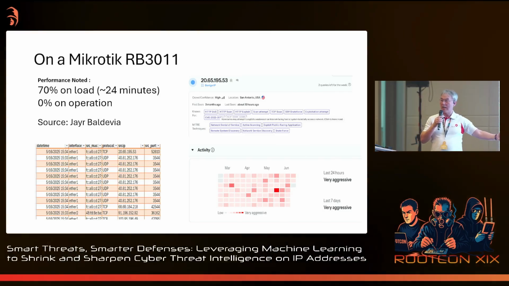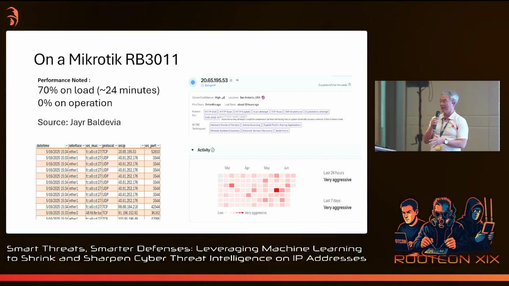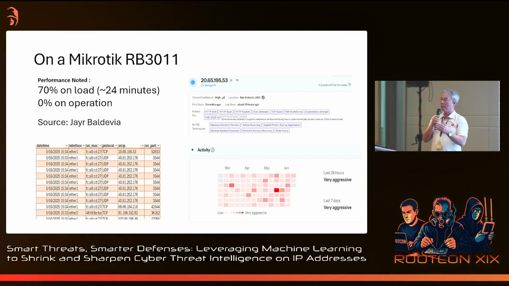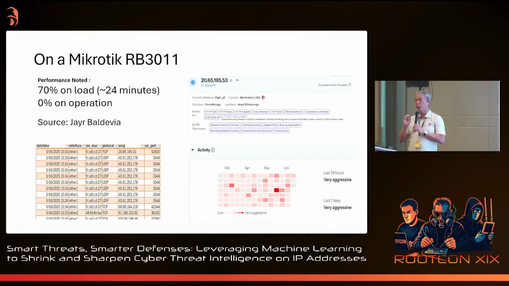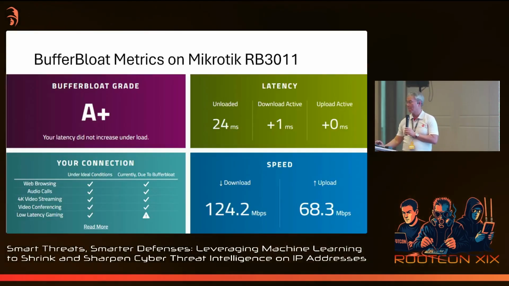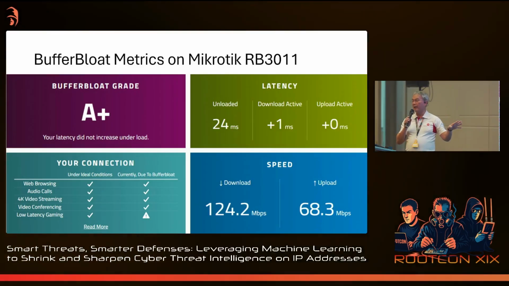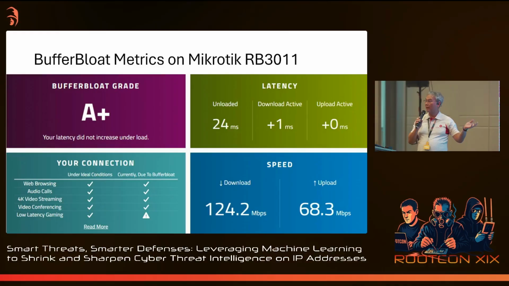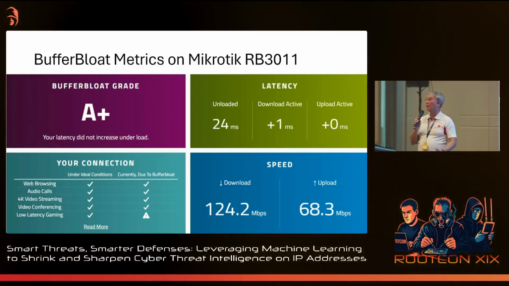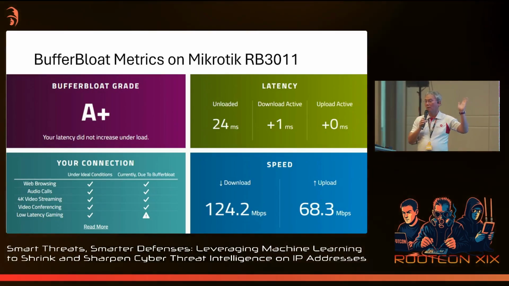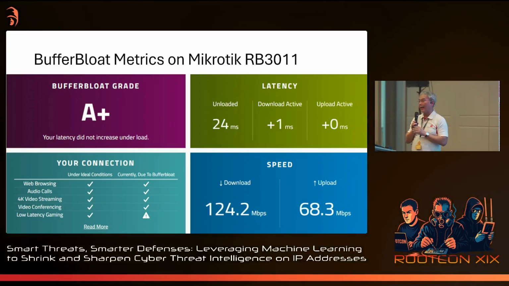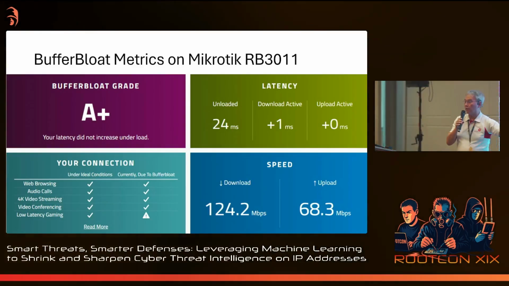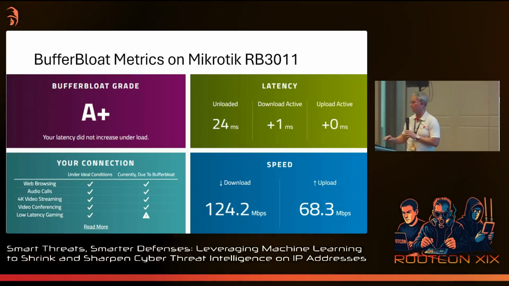But having the smart blacklist, at least 60 to 70%, and in good days, 80 to 90% of all the attacks hitting your network will be dropped at the edge. And that's a huge win for network defenders like us. What JR did was he also ran a buffer bloat test on the MikroTik RB3011 to see the added CPU cycles. And even with the script, it got an A+ rating. And notice the usage, 124 Mbps at the time.